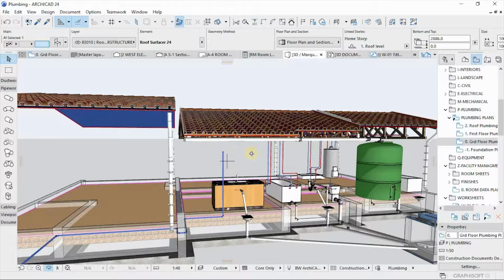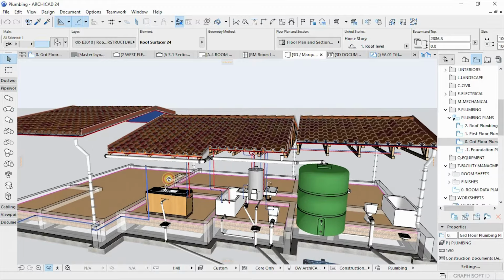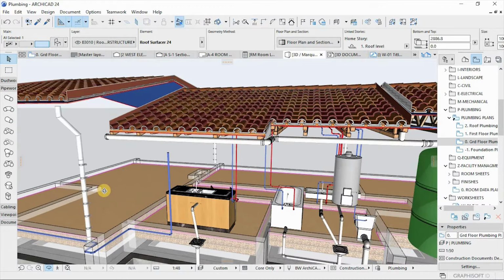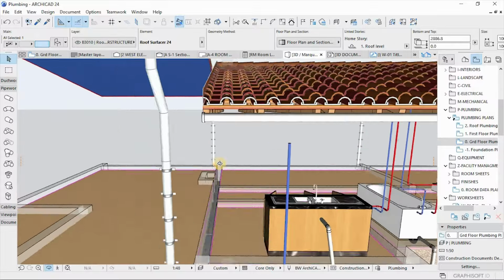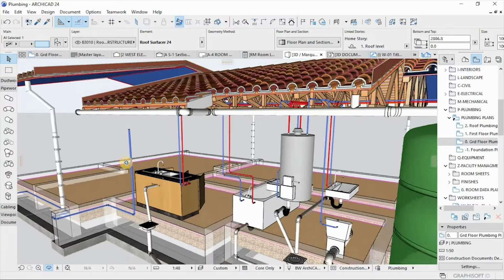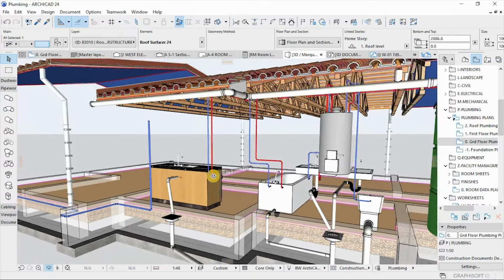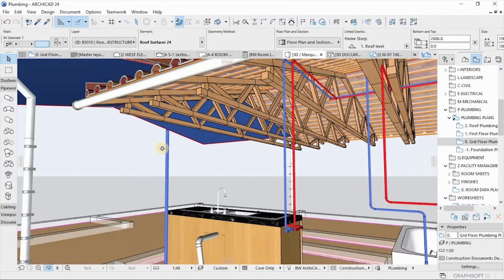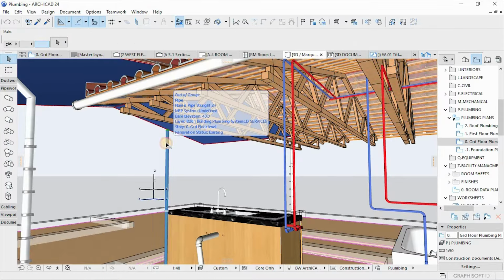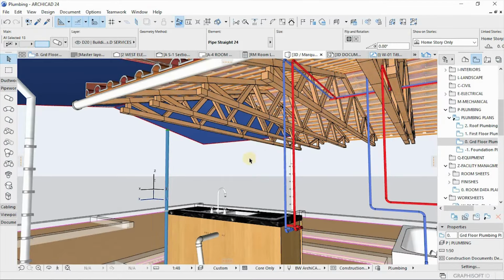When you try to orbit without selected elements on the screen, the project will move away from the screen. So I don't know. If you have any idea what might be the problem, share with us in the comment section. Okay, now let's have this water supply piping system connected to this,